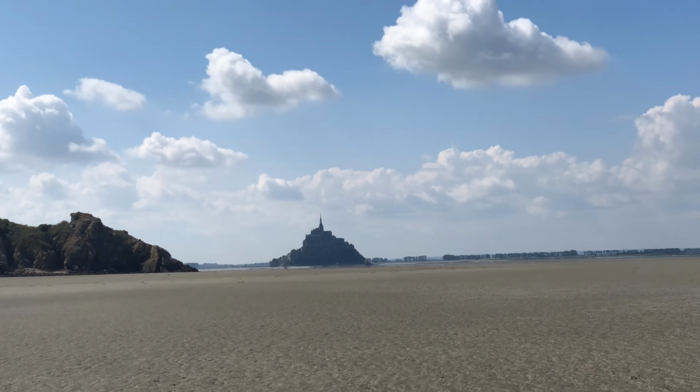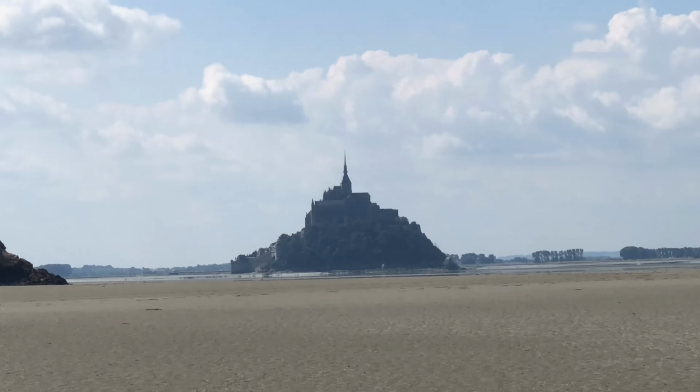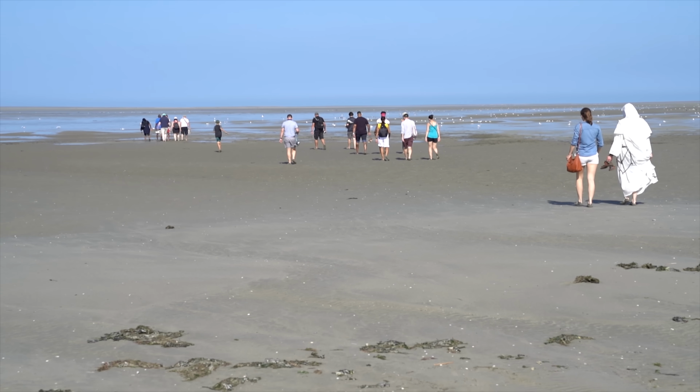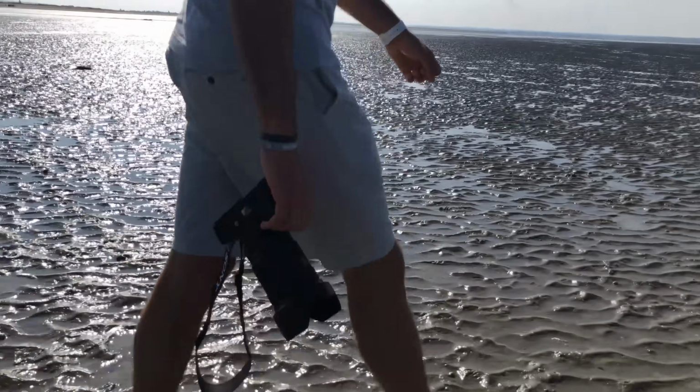So we are currently doing a 4-mile hike across this mud and sand at low tide to get to this island out here. But this is one of the coolest things I've ever seen. This looks like a matte painting out of some movie. The hike to Mont Saint-Michel was one of the coolest things I've ever done, and I brought the Sony along